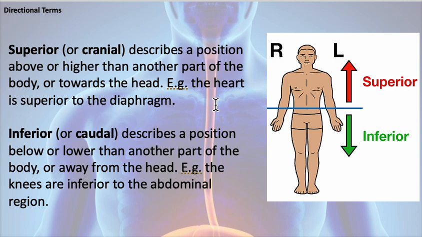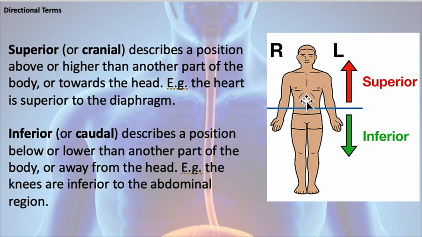Superior describes the position above or higher than another part of the body, or towards the head, if you will. So I gave a couple examples before, but another example is the heart, located within the chest cavity or the thoracic cavity, is superior to the diaphragm. So the heart is located above the diaphragm. The diaphragm is at the bottom of the thoracic cavity, and the heart is within the thoracic cavity, or superior